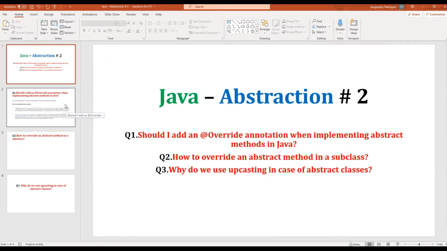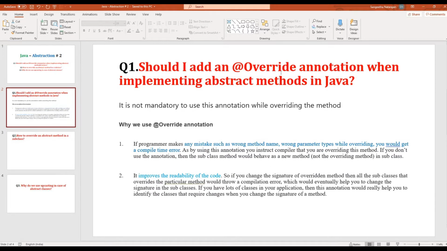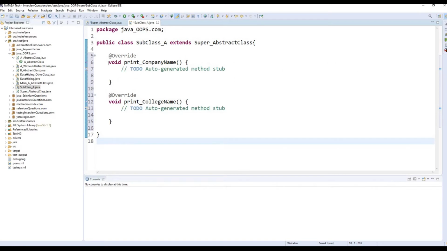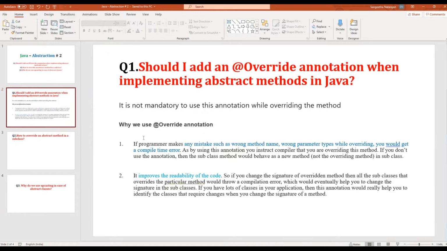So what is the question? Should I use an override annotation when implementing an abstract method in Java? Answer: it is not mandatory to use this annotation while overriding the method. Okay. Then what is the use of the override annotation? Exactly. Here is why we use the override annotation.